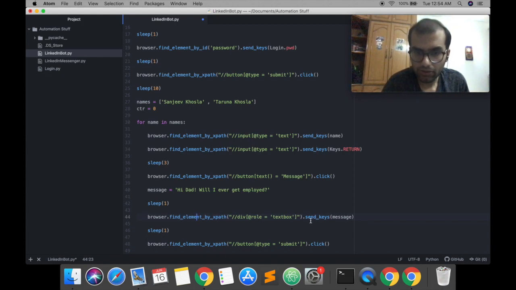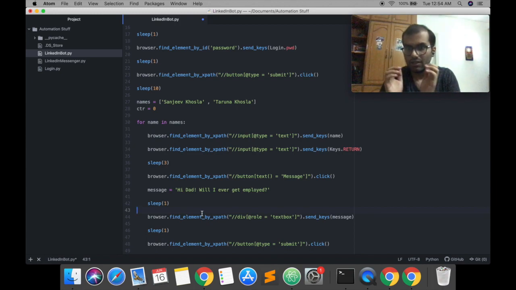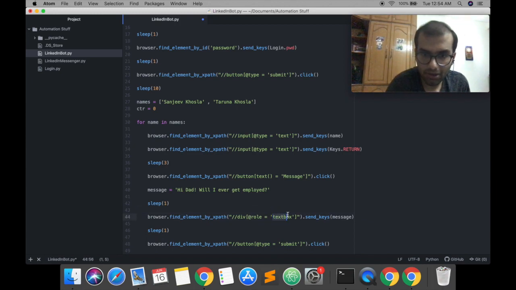And what we're going to do here is use find element by XPath for only the first name, after which we will use find elements by XPath, get the list, and use the index for both the text box and the submit button in order to work for different places. This is how we'll do that.